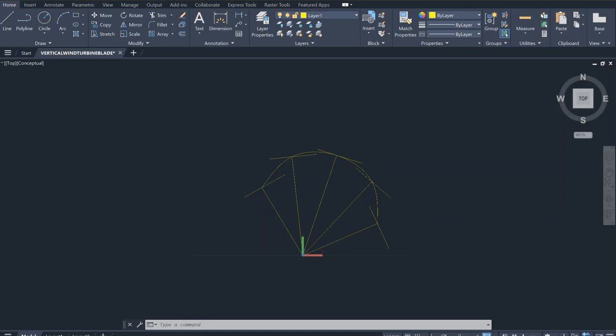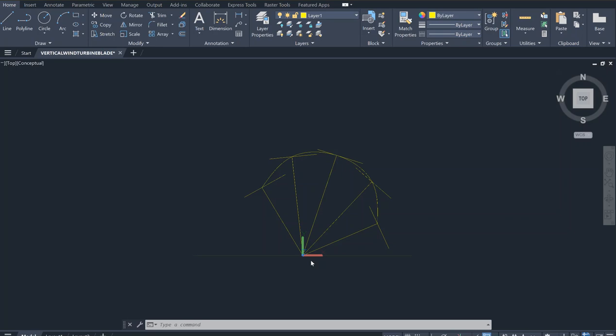So I'm just demonstrating the last stage, before the loft command is applied, and we're looking from top down. As you can see on my screen, the view cube shows the top, and your Z direction is pointing at you. X direction is to your right, Y direction is away from you. So Z is particularly important because it is also considered the pivot of rotation, and I'm going to apply